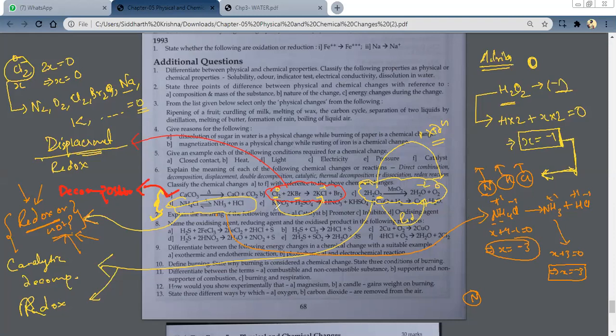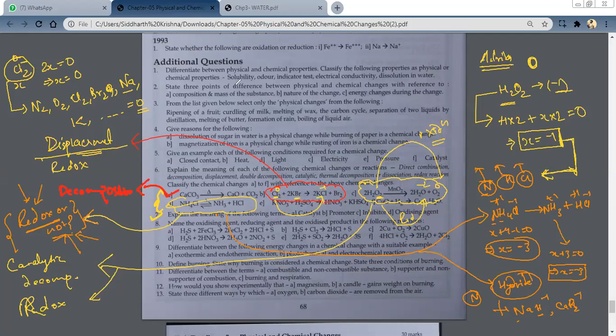And hydrogen will always have +1 until and unless it is in the form of hydride. Now, what is a hydride? Hydride is when some metal is reacting with hydrogen. For example, NaH, sodium hydride, so here hydrogen will have -1. Similarly, calcium hydride, CaH2, here also it will be -1. Otherwise, in all other cases hydrogen will be +1. Is it clear to everyone? Yes, sir.